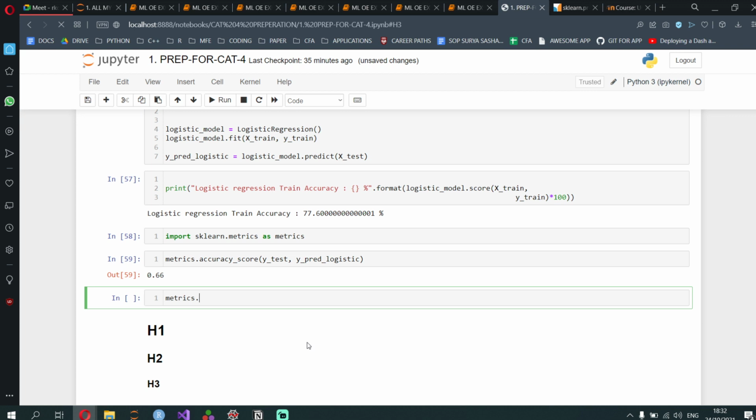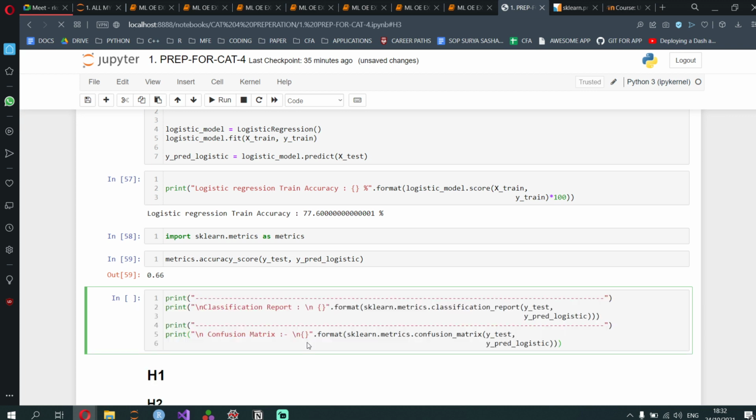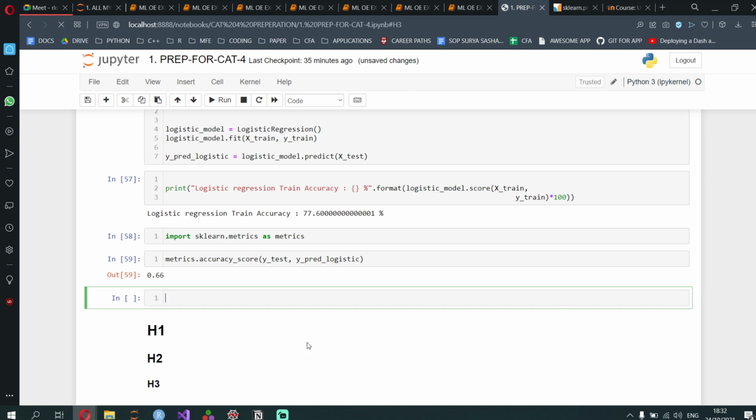Another thing you can do, which is much more simple, would be the classification report. Metrics dot classification report. This way you don't need to do all of that. It'll give you precision, recall, everything. So y underscore test, y underscore pred underscore logistic.